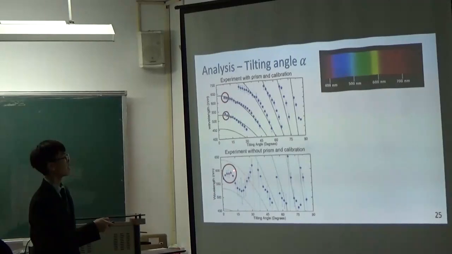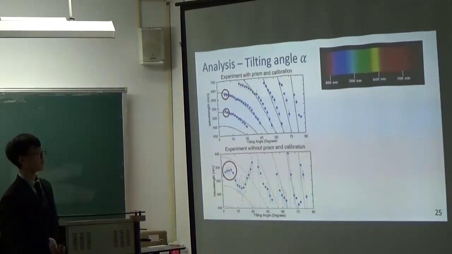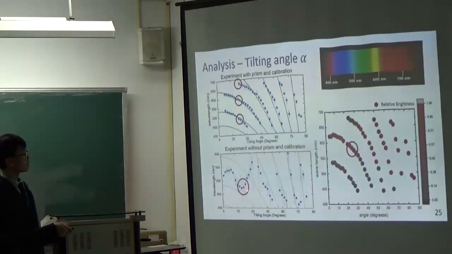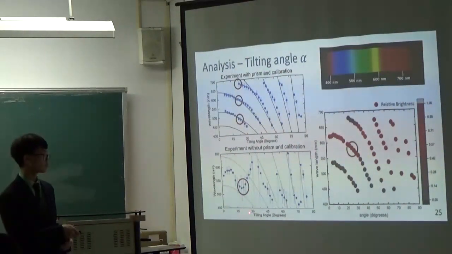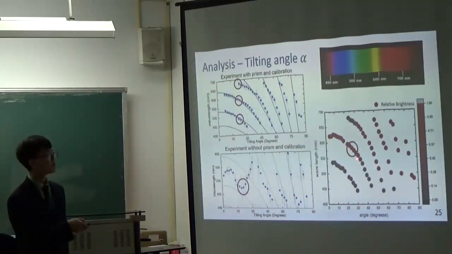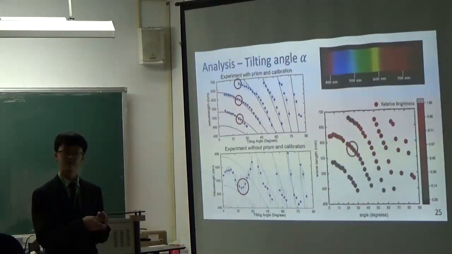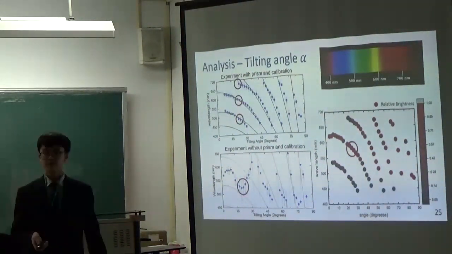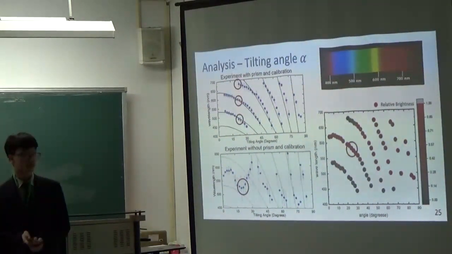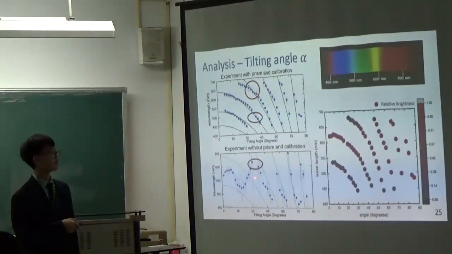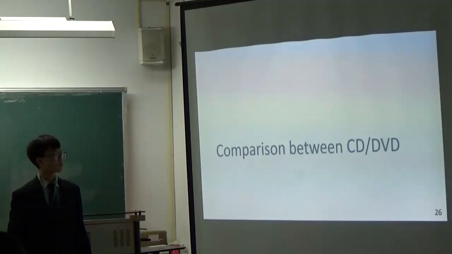Initially, there is a green light, but it is composed of two different lights. Through our prism, we can tell that. And when its angle is about 20 degrees, it is actually composed of three lights. But when we analyze the intensity of the light, we can find out that during the green light section, the intensity will be stronger. And for the negative part, we believe that the prism can fix the problem.